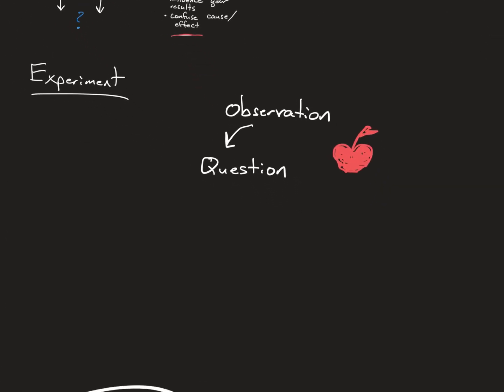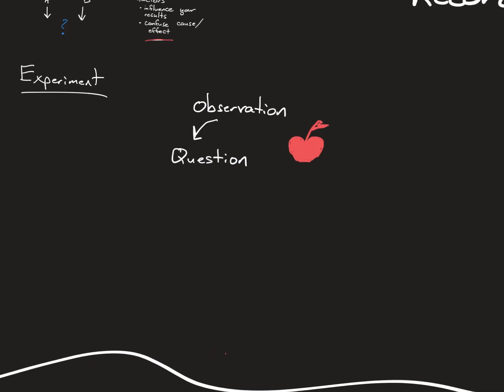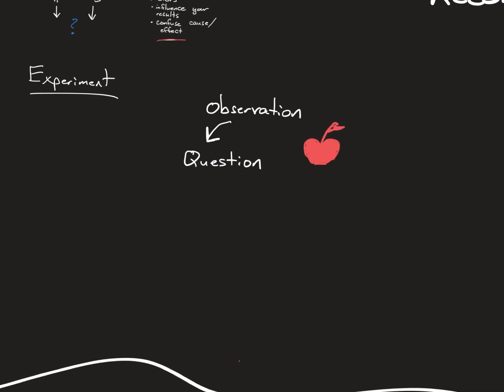All right, so the question, you have to come up with a question. Isaac Newton was sitting underneath an apple tree, and what happened? Yeah, the apple fell on his head, or fell down in front of him, whatever the case may be. And Isaac asked the question, why? What's the relationship between variables? Why does everything that goes up come back down? What are the factors, and what is the relationship between the different factors? So that's an observation that led to a question.